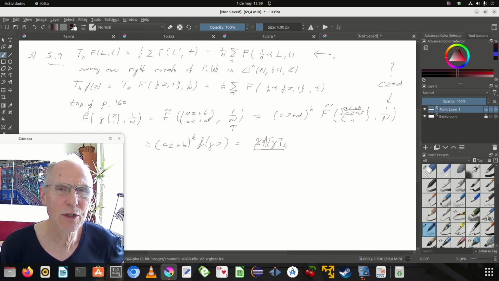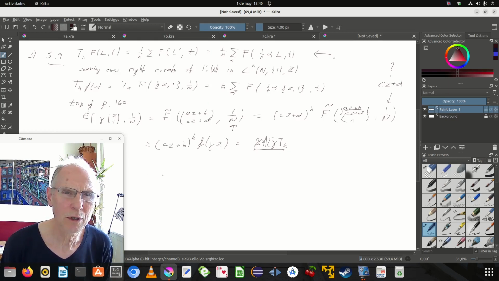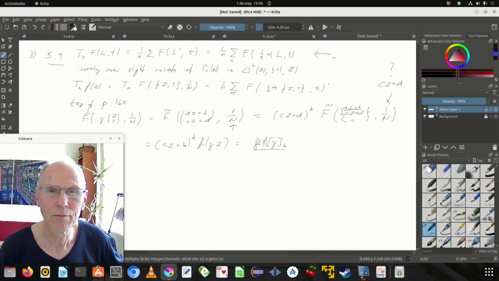It just gives this factor n to minus k first. Now this should be here, n to minus k first, and then k first, that's k halves, and then minus 1 from 1 divided by n,